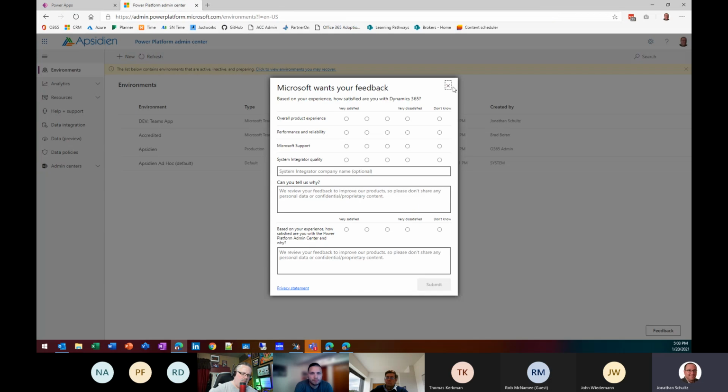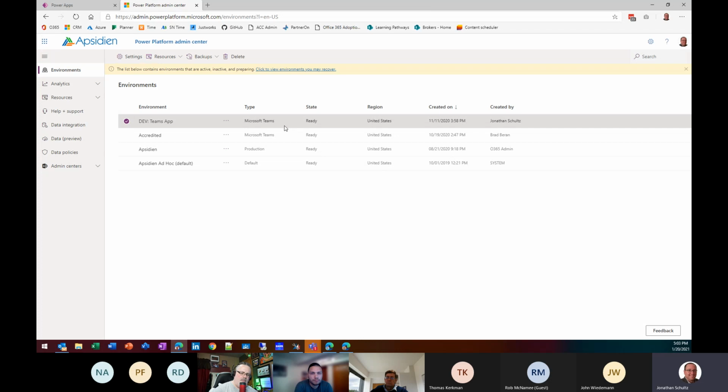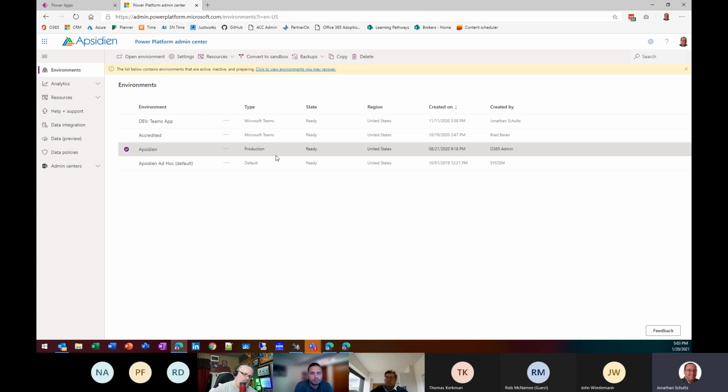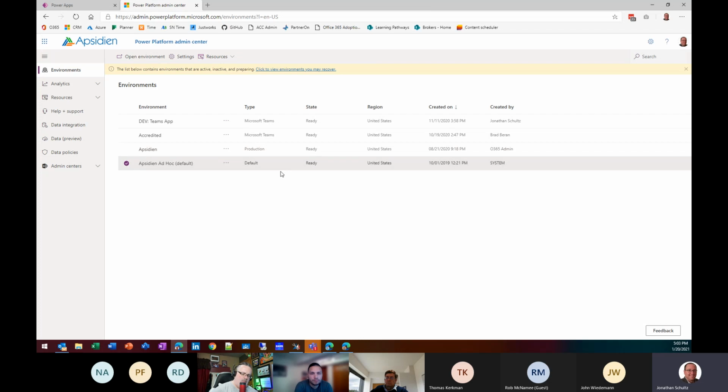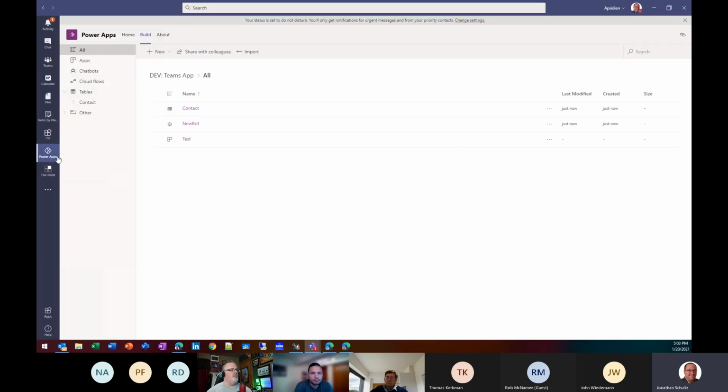But if you go into the admin center, an admin can see them all. Now you can see there's a Teams environment for that one team, another one here, and then my production CRM environment and my default ad hoc environment. So that's what's going on. It's magically happening in the Teams app to create this environment when you start, and then you use the Teams Power Apps app to build it out from there.